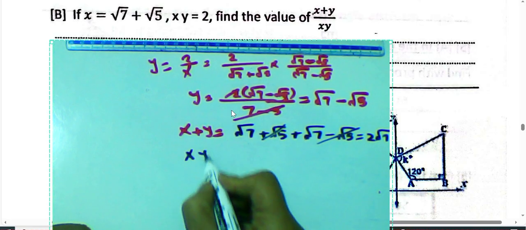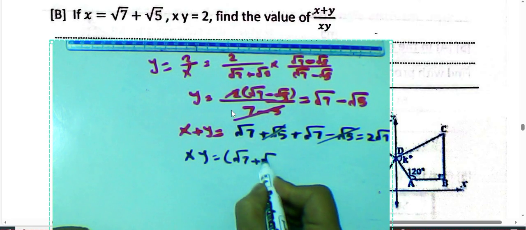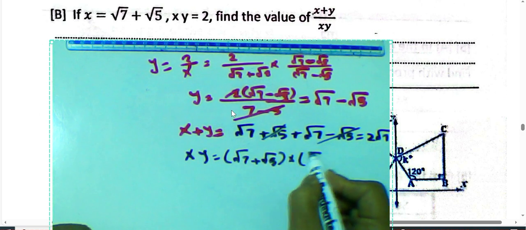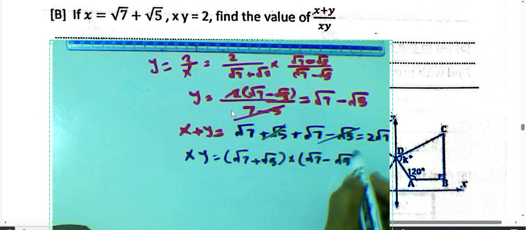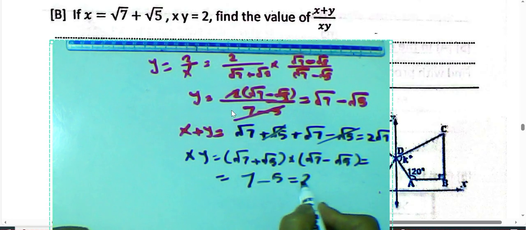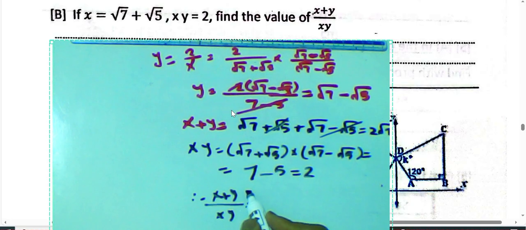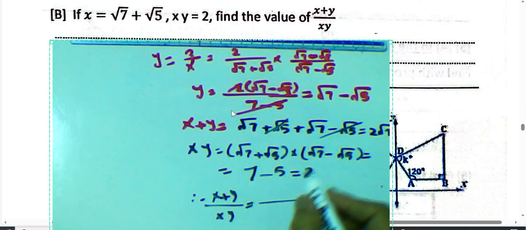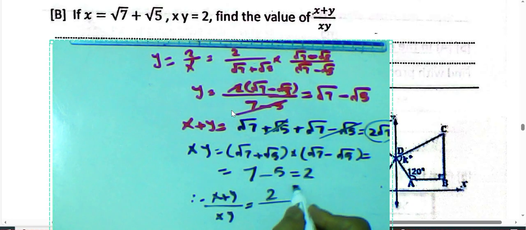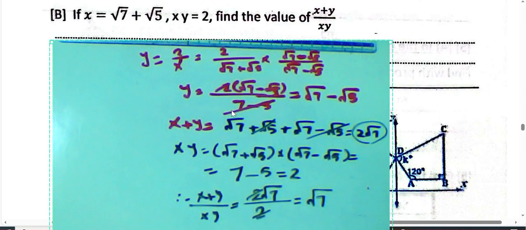Now we can multiply x times y. X here was root 7 plus root 5, multiplied by root 7 minus root 5. They are conjugates. The product between them, first by first and second by second, equal 2. Then the value of this expression, x plus y over x times y, equal 2 root 7 over 2. 2 divided by 2 is 1, then the result will be root 7. The simplest form will be root 7. Okay,